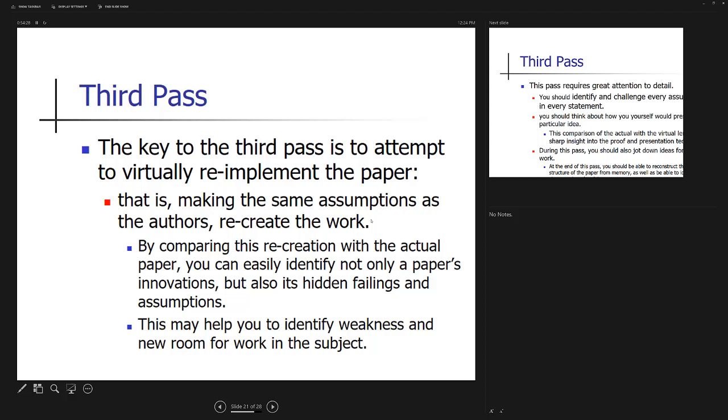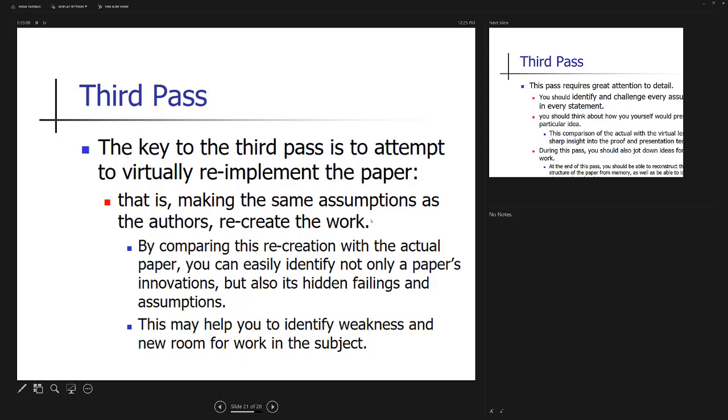Read the implementation details, read the algorithms, go to the proofs, go to the modeling, actually try to open the equations, and try to virtually re-implement the paper. He might have done this thing, and then look at what he has done. Here he says that he has taken this assumption. Here he says that he has considered this specific machine, or this specific bandwidth, or this specific technique. Try to re-implement it. Go into the detail. Try to argue with the paper, making the same assumptions as the author.